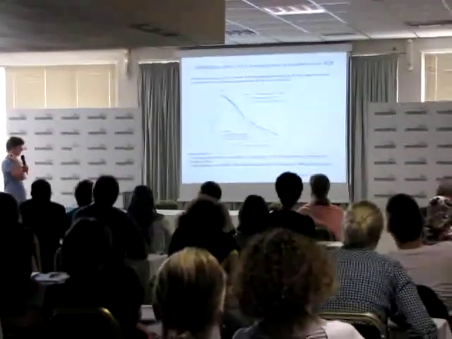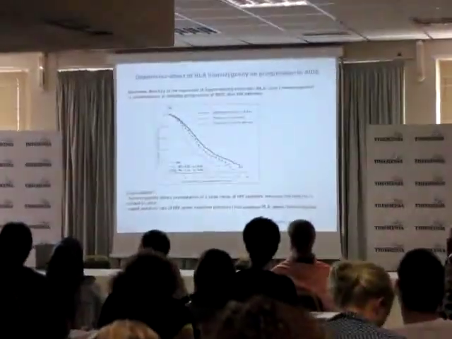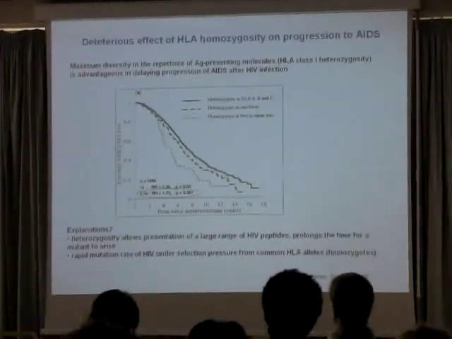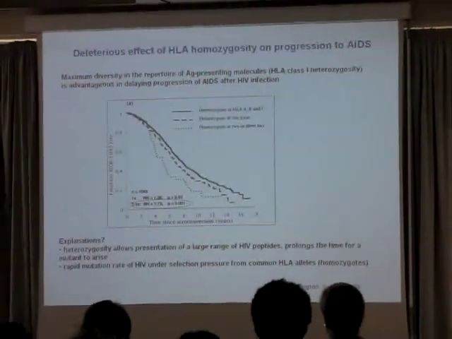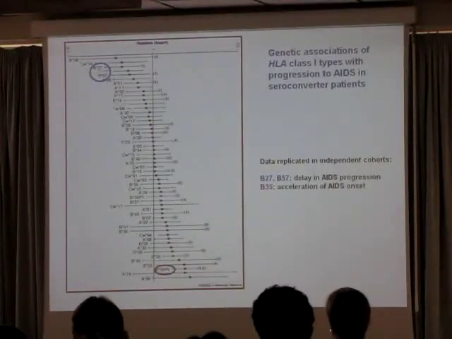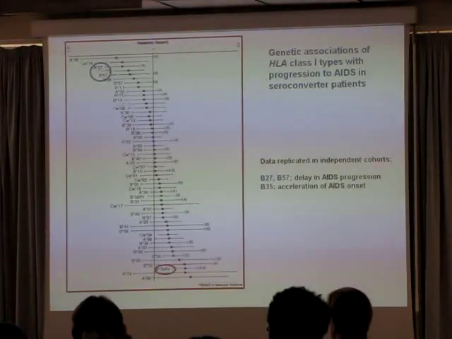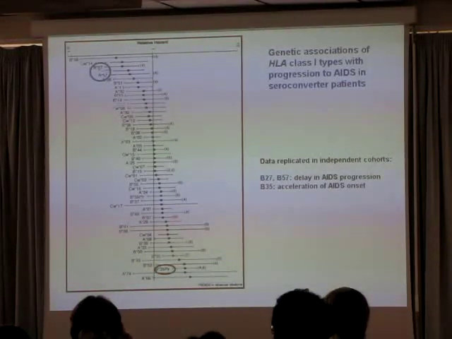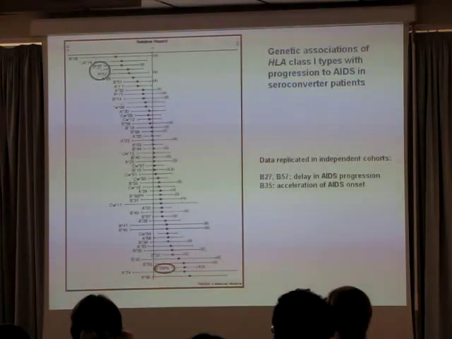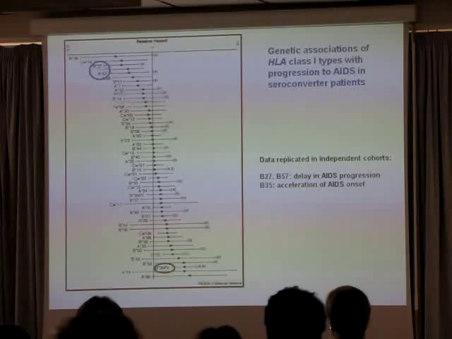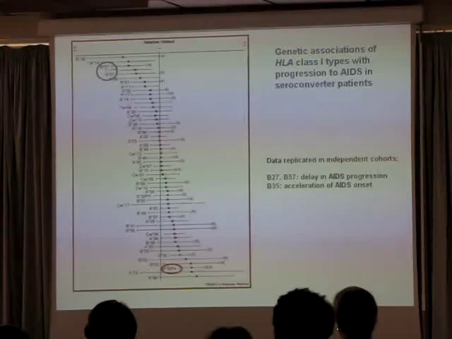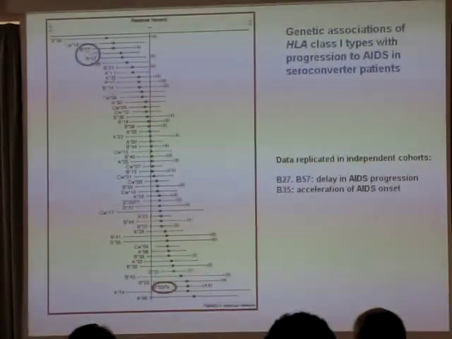You know that one major problem in HIV infection is the high rate of mutation of this virus, which is a means for the virus to escape immune response. So apart from this heterozygous advantage, there are some alleles that confer either a protection to the development of the AIDS disease, or on the contrary, which accelerate the progression to AIDS in HIV-infected subjects.